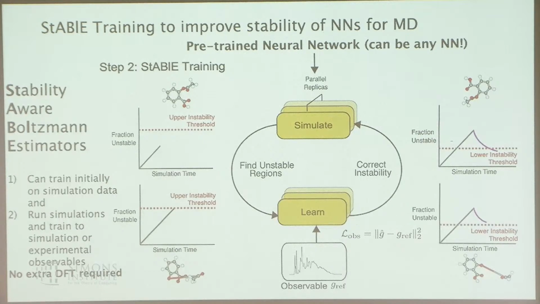Does stability mean how close you are to the target observable? In this case, we're defining stability so that a bunch of simulations are run in parallel. You see where they start to break down, and at the point where they all break down, you can come back, reset, and then train with this observable training. It depends on the metric that you're using to catch those instabilities, but one case could be two atoms get too close to each other, the energy gets really high, and so that simulation is probably not going to be relevant anymore.